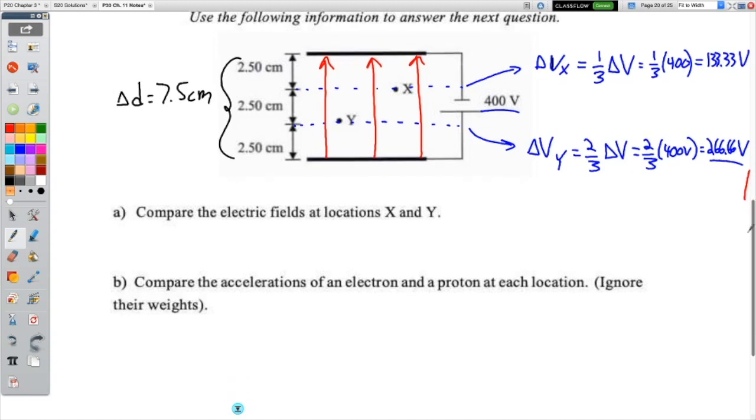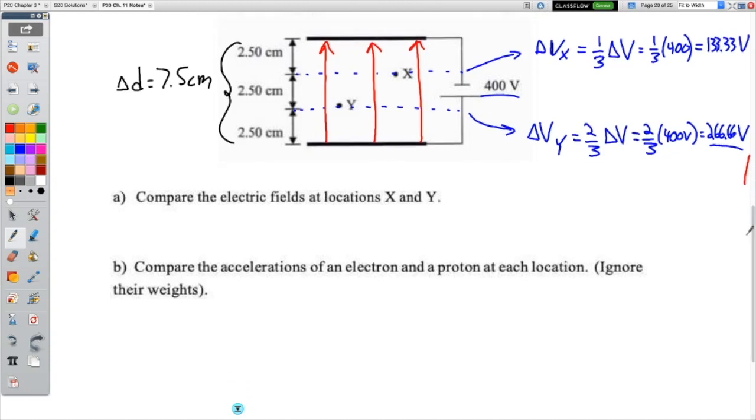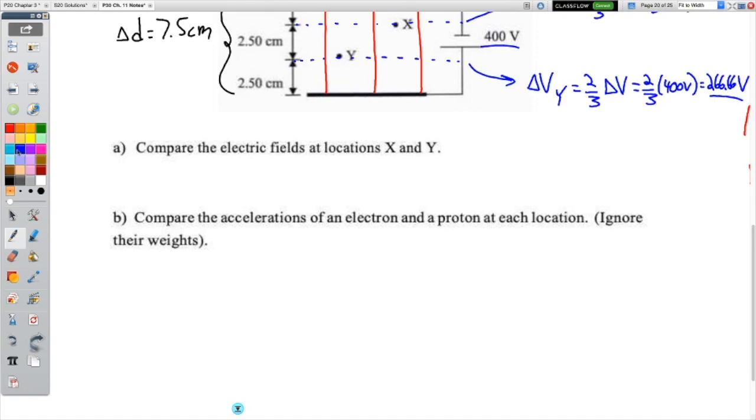How does that electric field change throughout? If it's two parallel plates, what do we know about the electric field? It is uniform. So what's the difference at X and Y? Nothing. They're the same. Why? Because uniform